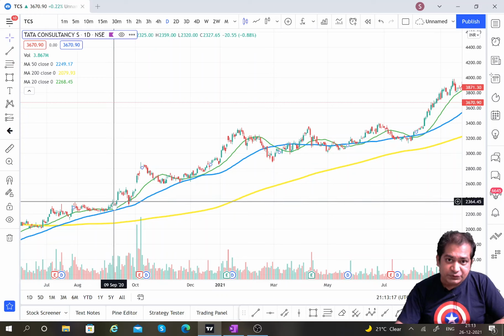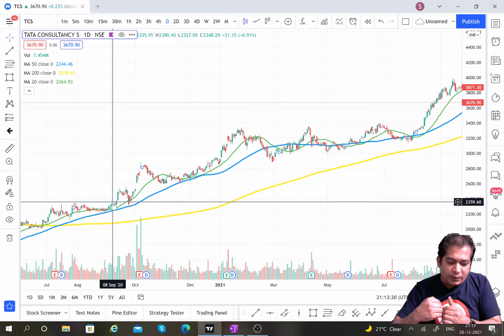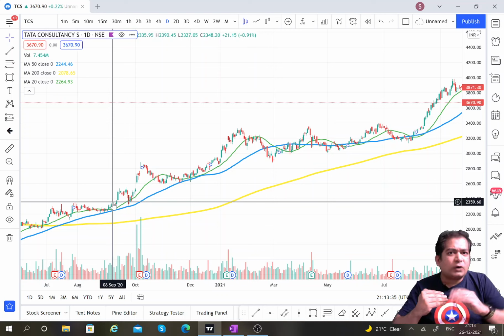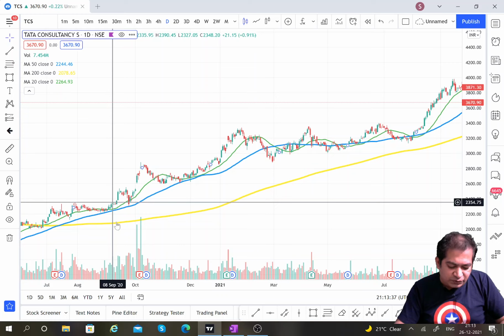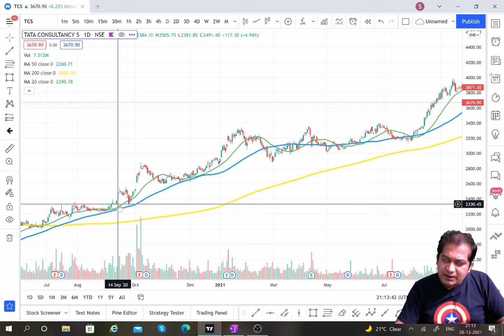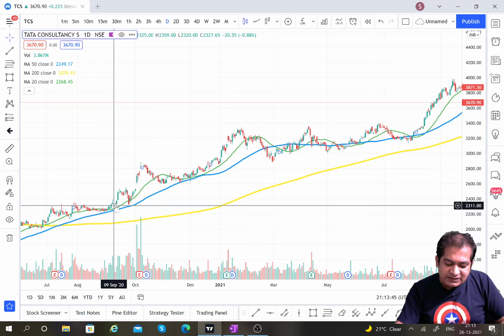Suppose the price comes down to the 20 and 50 period, and the 20 and 50 period are very closely aligned, wherein 20 is over the 50, the smaller is above. So when you align any trade, the longer duration moving average will be at the bottom and the shortest one will be at the top. You see here the alignment, this is 200, the blue one is 50, and this is green. So now the price goes here and breaches, I can enter the trade here.